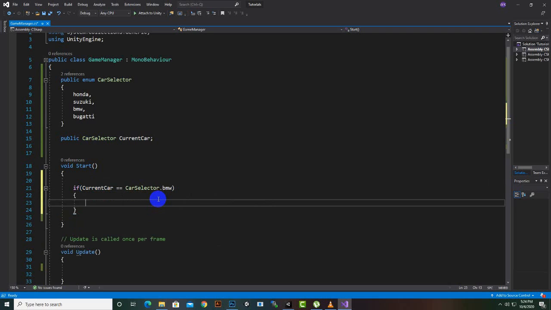Okay, so we can say Debug.Log, or we can put our function as well for loading a scene or any other thing. So in this way we can put our enum data inside if statements,